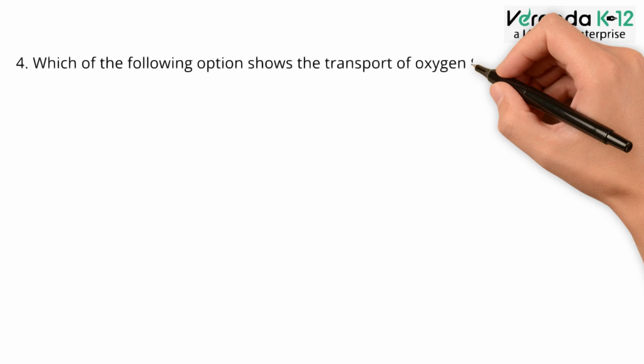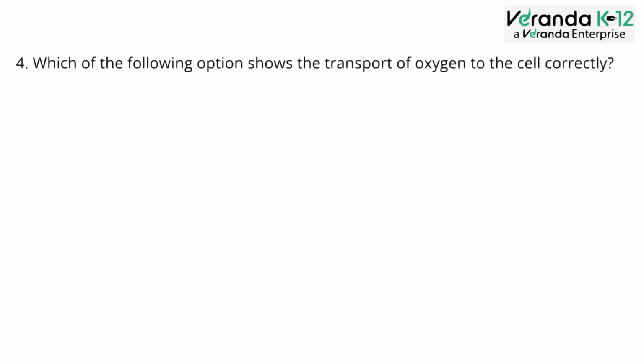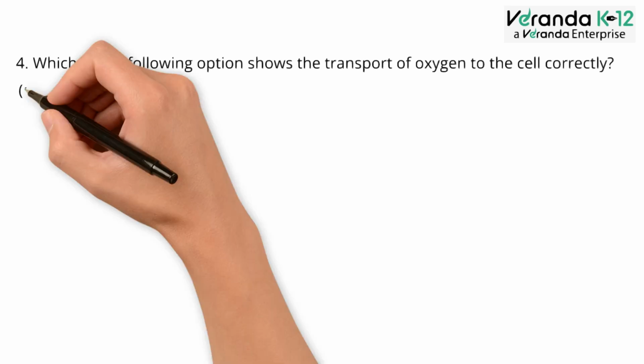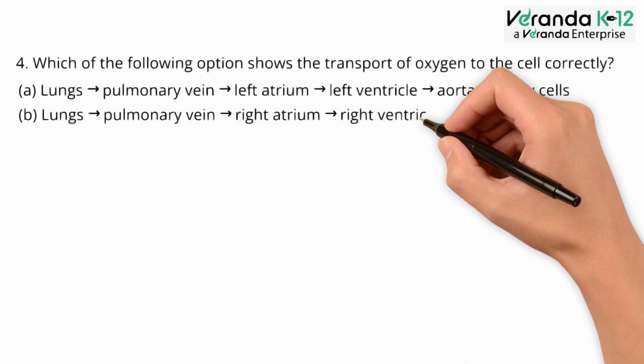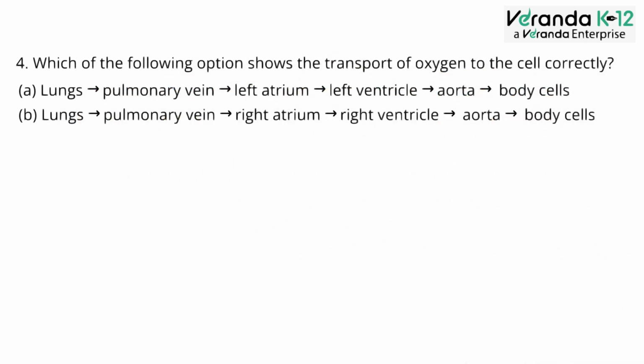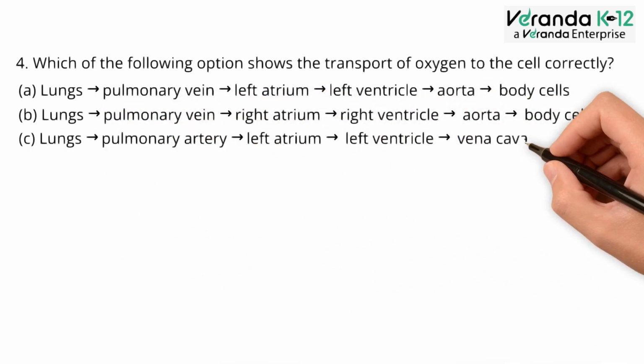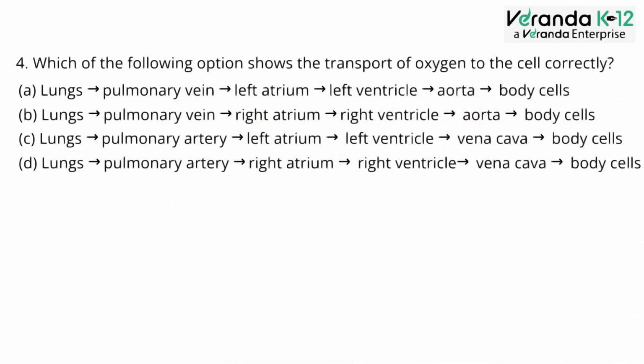Question number 4. Which of the following option shows the transport of oxygen to the cells correctly? Answer: oxygen enters the blood in the lungs through the alveoli where the gas exchange occurs. The oxygenated blood is carried from the lungs to the heart through the pulmonary vein. The oxygenated blood enters the left atrium of the heart, and from the left atrium the blood moves into the